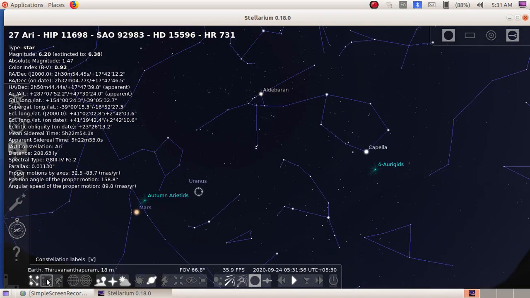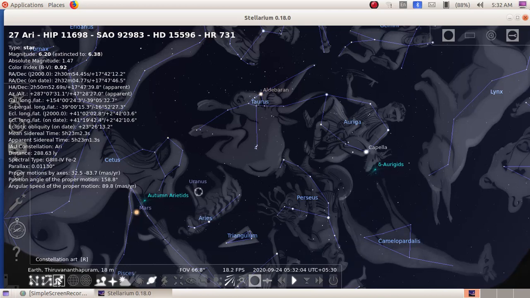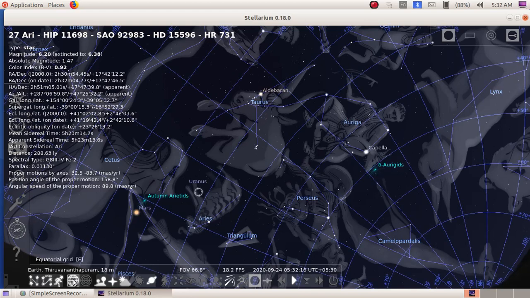And then we click on constellation labels. Then constellation art. You can see the various shapes that are formed using the star groups or star lines. Next comes equatorial grids. Next is azimuthal grids.